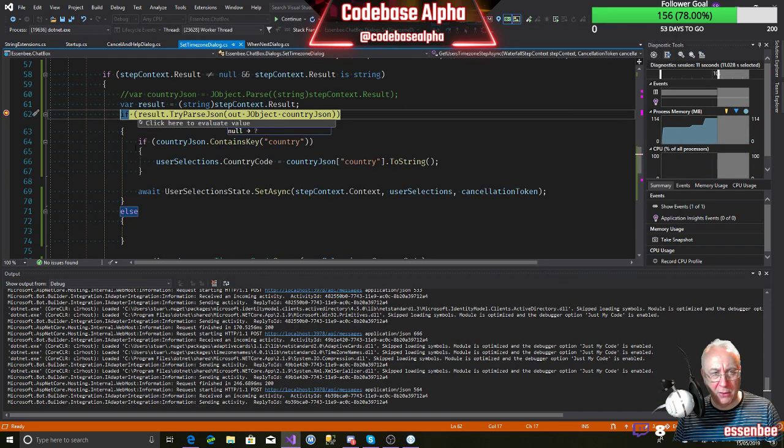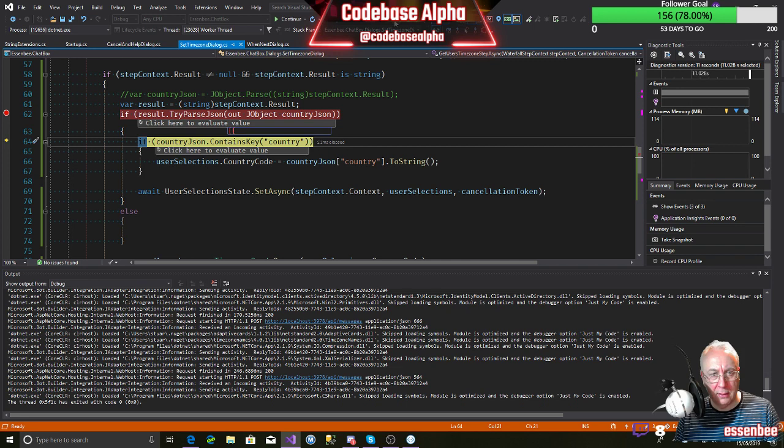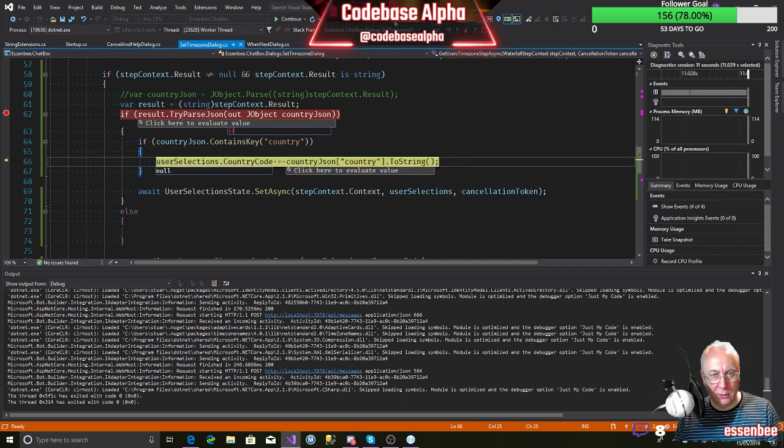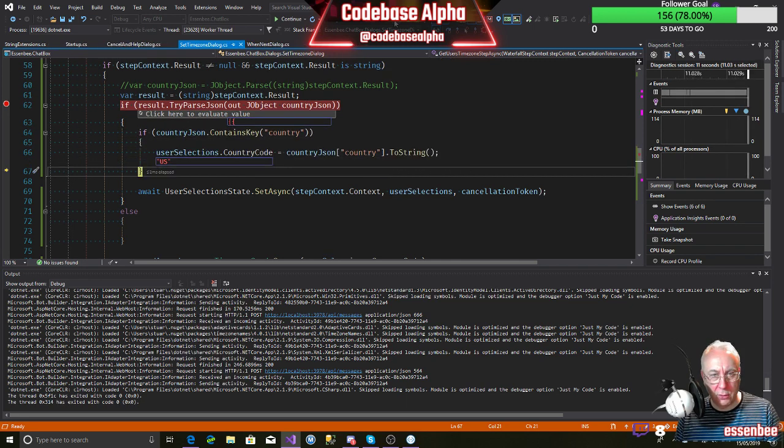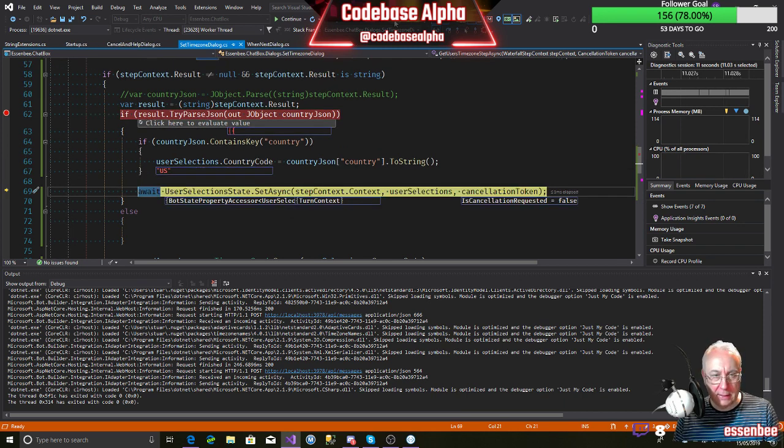So this is the happy path. We hit here. The object that we've got in result is basically a piece of JSON. So we should step through this now, and we're going to get the country out. So we set the country code to US, and then we set the state.